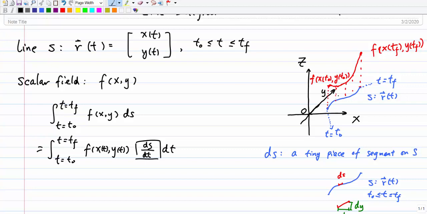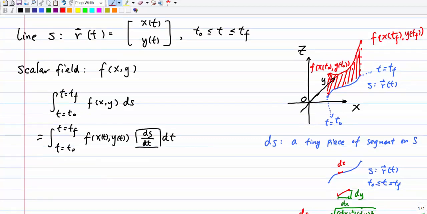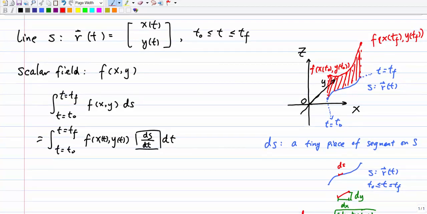The line integral is denoted by the integration of f(x,y) ds from t equals t0 to t equals tf. Essentially, we can consider this as integration to find the area of the surface, which I'll represent by the red area. Because this is a curve on the surface, it's not easy to compute using ordinary scalar integration. So the key idea for computing the line integral over a scalar field is to convert